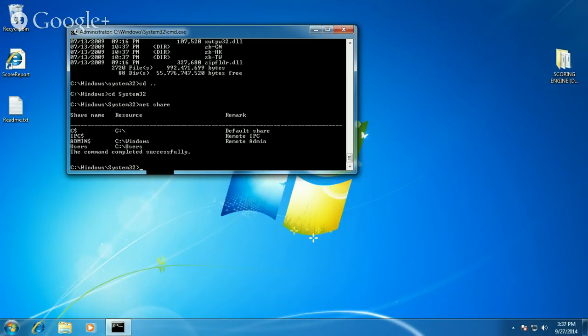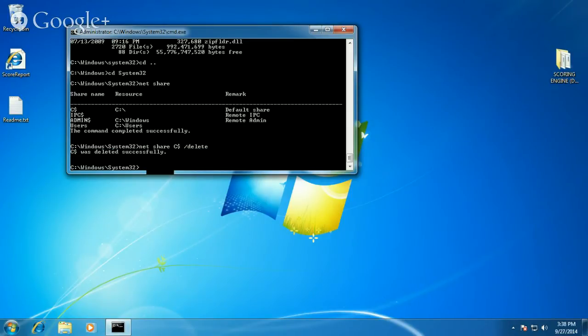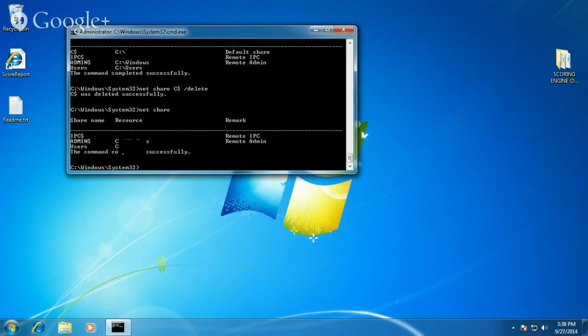So to get rid of a share, this is the fastest way, is to press net share C$ /delete. That's all it takes. Now when we type in the command net share, the C$ sign is gone. Don't delete IPC. That's bad. It'll probably come back, but you shouldn't do it. But you should delete all the others. We're going to do it a